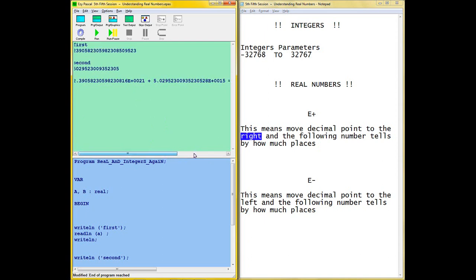Now, so far, I have not seen real numbers actually showing the exact amount. It's kind of like when you're using a calculator and it just gives you a number times 10 to the whatever power. But the Easy Pascal compiler, the Pascal language, doesn't do all those fancy things. So what it does is it just simplifies it and puts E plus. So this just means that the first number and the second number added together will give you